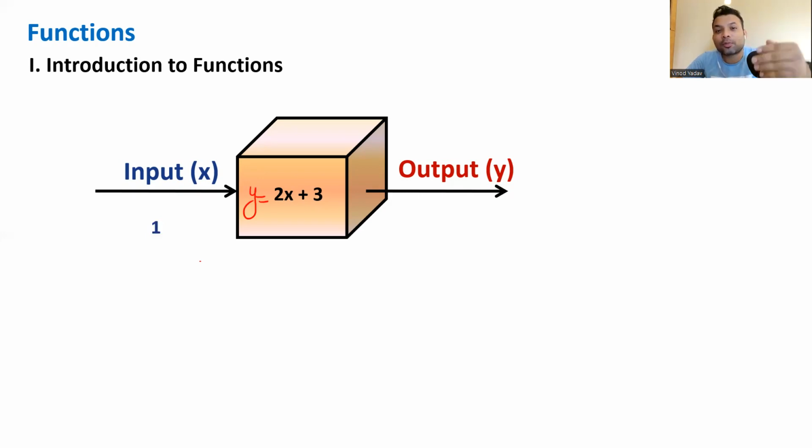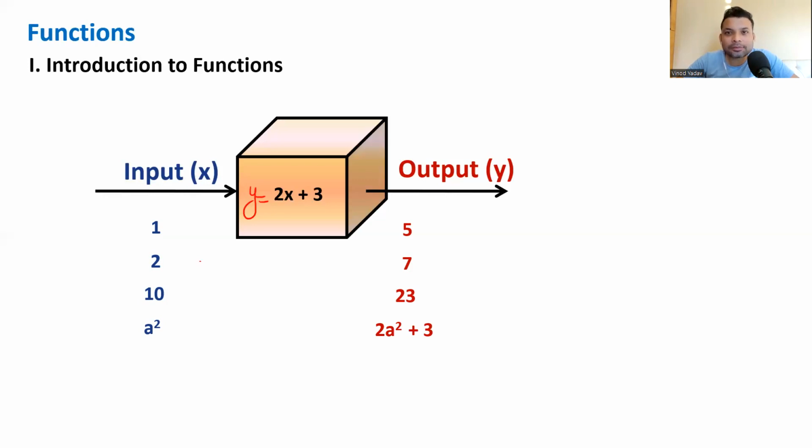Okay. So if you input 1, output is 5. Machine, you're understanding, right? Something like, suppose you have a fruit juicer. Input is fruit, output is juice. Okay. 2 into 1 plus 3. I hope you understood, it is 5. If you put 2, so 2 into 2, 4 plus 3 is 7. If you put 3, 2 into 3, 6 plus 3, 9. If you put 10, 23, correct? If you put a square, in place of x only, you have to put that variable, put that input. So x is like a variable which will accept all the values of inputs. Okay. So 2a square plus 3,